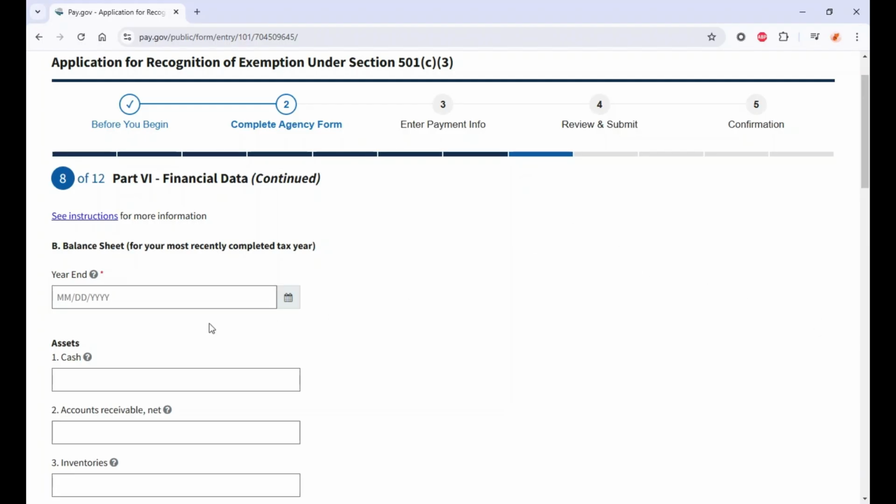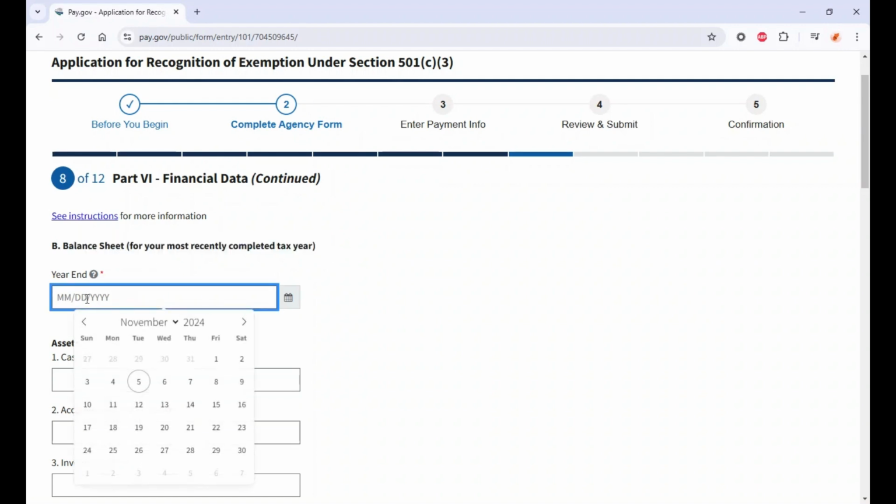All right, so here we are at the balance sheet. See that right there? And it said for your most recently completed tax year. And again, it is going to be whatever your fiscal year end. If your fiscal or annual accounting period ends in December, then that's what you're going to put. And this happens to be the case for Pretty Paws Foundation. So I am going to put in 12/31 of